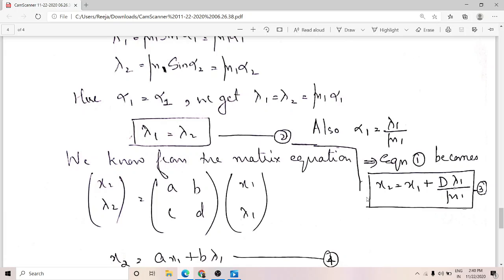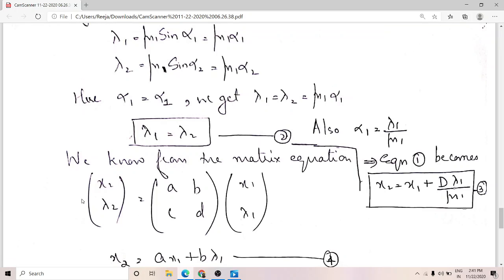Now why did I do all this? What we have to find out is this matrix A, B, C, D. I should get the specific elements A, B, C, D for a translation matrix. We know that the general matrix equation followed here, whether it is translation or refraction, whatever is taking place, the